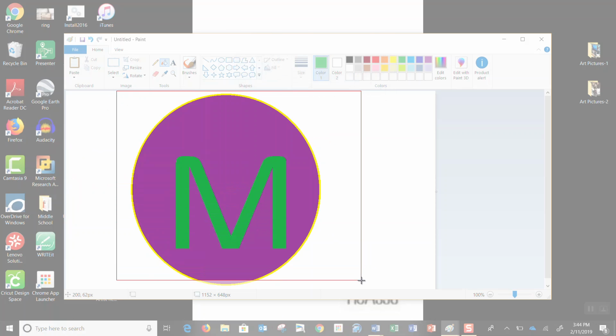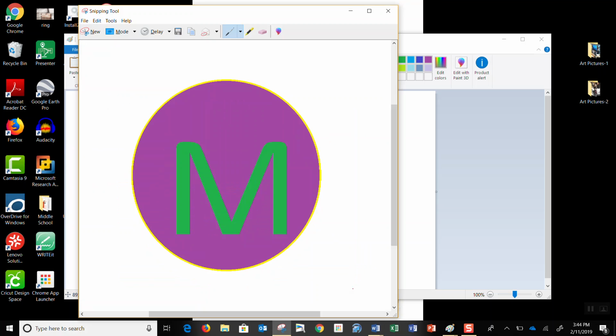So then after you snip it, you can click this little guy right here, and that should open up an email. So it takes a minute though, sometimes it can be a little slow. So I just clicked it, and I'm gonna let it load. And what that's gonna do is it's gonna put it into an email, so then you just have to type in my email address. And my email address is